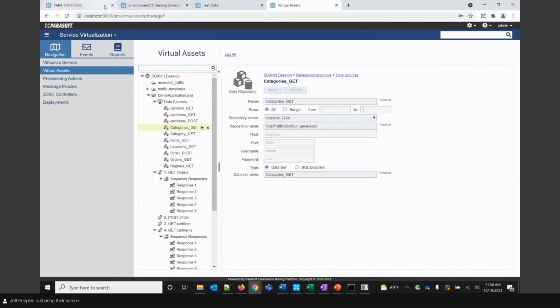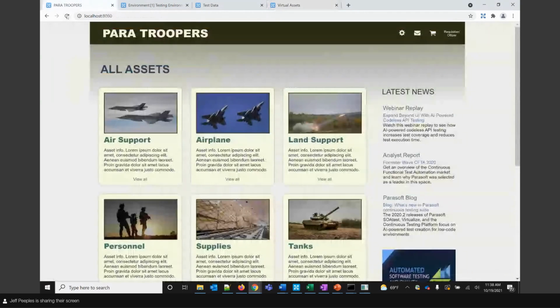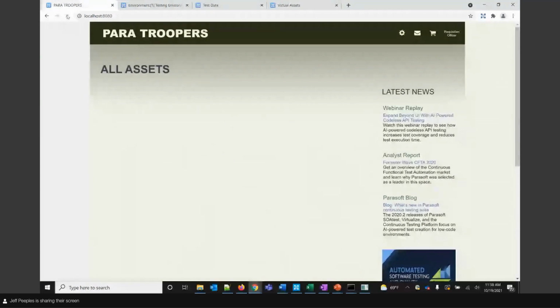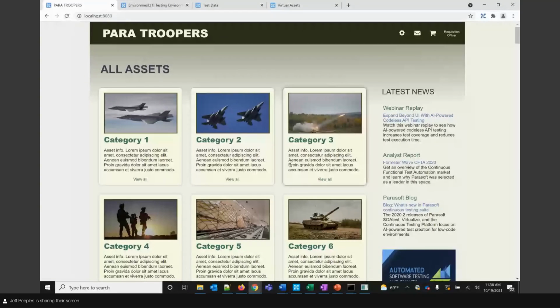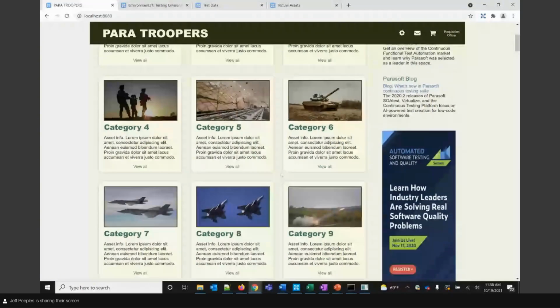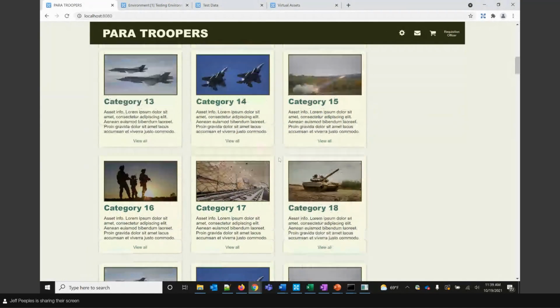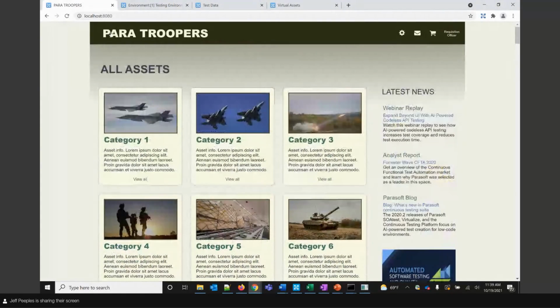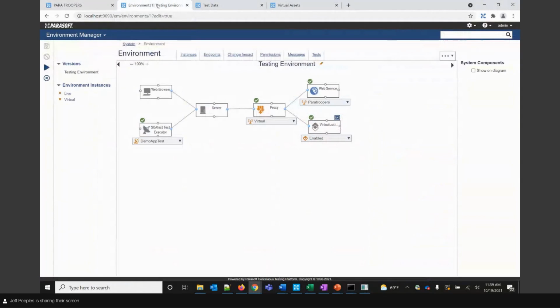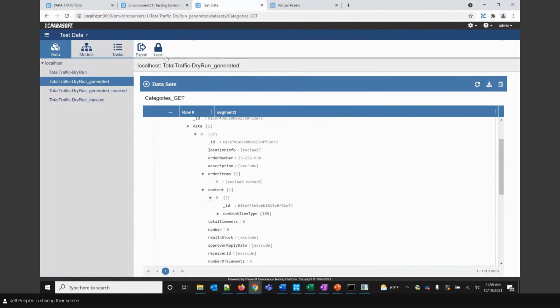And when we go back to paratroopers and we refresh, we now see that we have 100 categories, all with the name, category, and then the ID number. So I can also, that was generating data from nothing. Now I can also go into my model,